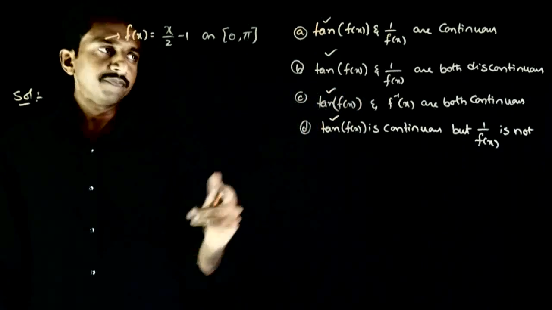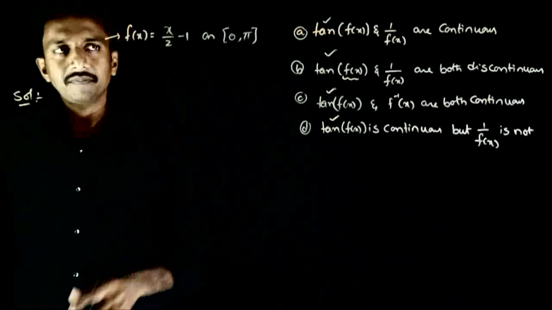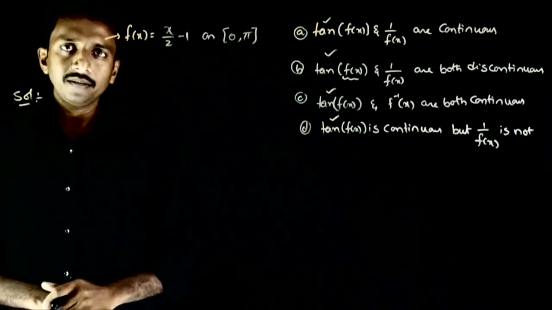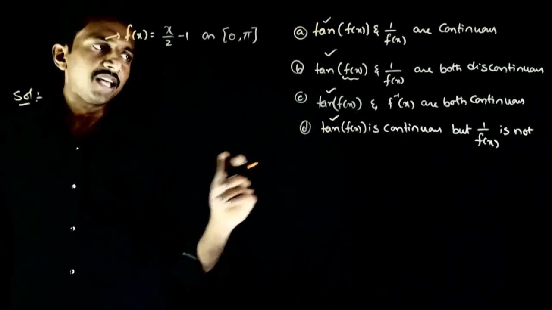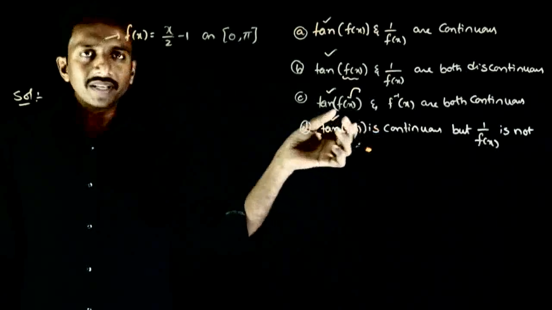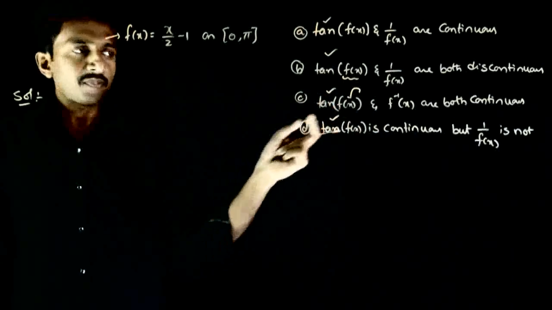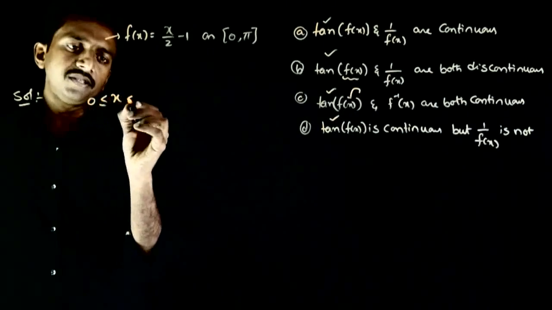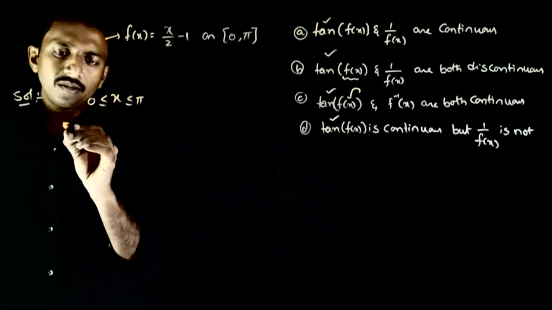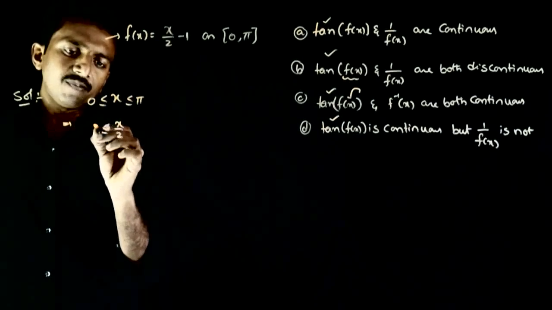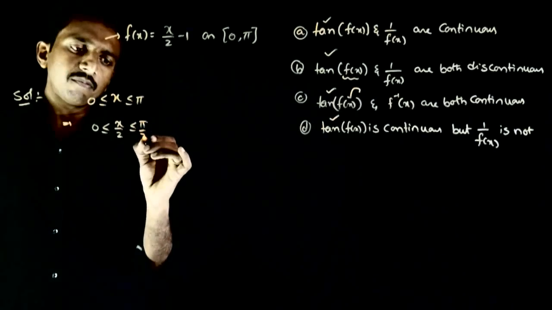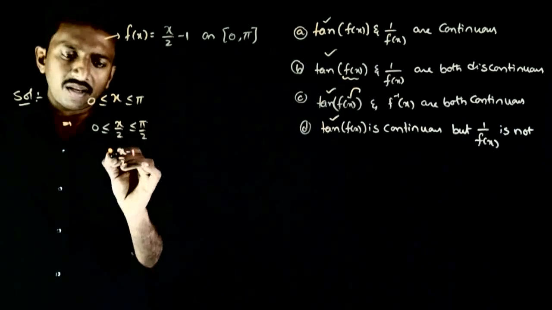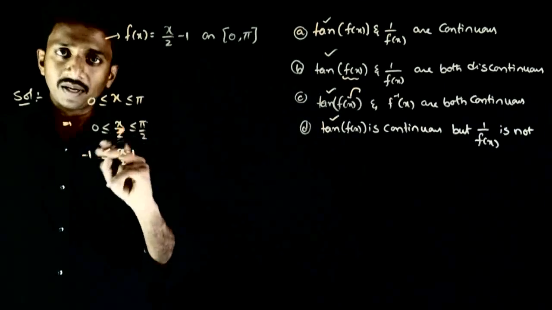So in tan f of x, my f of x is going inside tan, and f is defined for x belonging to 0 to pi. Okay. So first we will find the range of f of x, because f of x is going inside tan. So what will be the values going inside tan, from where to where? So x is in between 0 and pi. So this implies x by 2 is in between 0 and pi by 2, and x by 2 minus 1 is in between minus 1, subtract 1 from both sides,